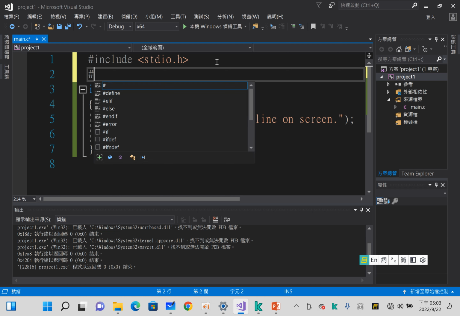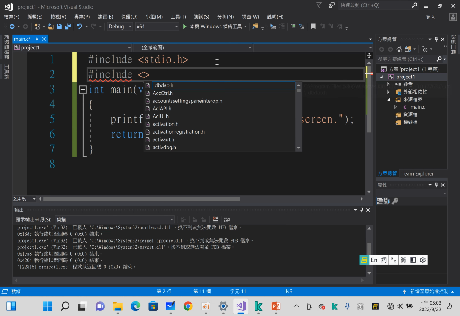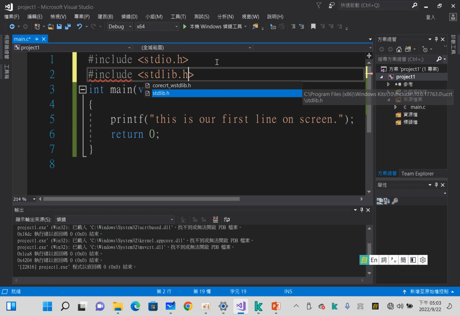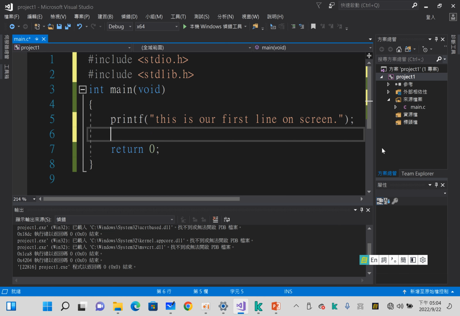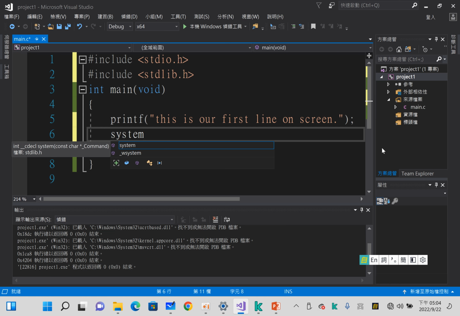standard library. And in order to use the standard library, you should include a header file called stdlib.h. And this standard library has a function called system. Okay, and this function system will take also a pair of double quotation as a command for system. Okay,